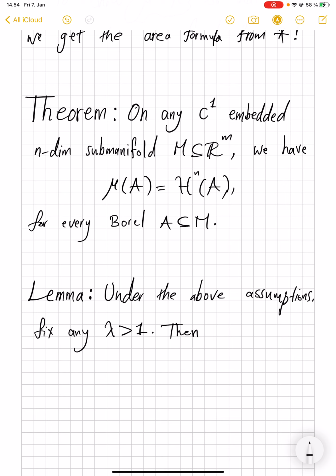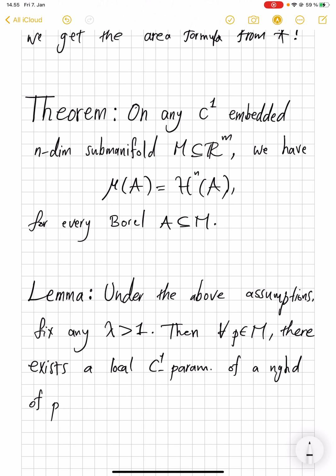Then, for every point P in the manifold, there exists a local C1 parameterization of a neighborhood of P. So there is some f going from an open subset U into M such that,